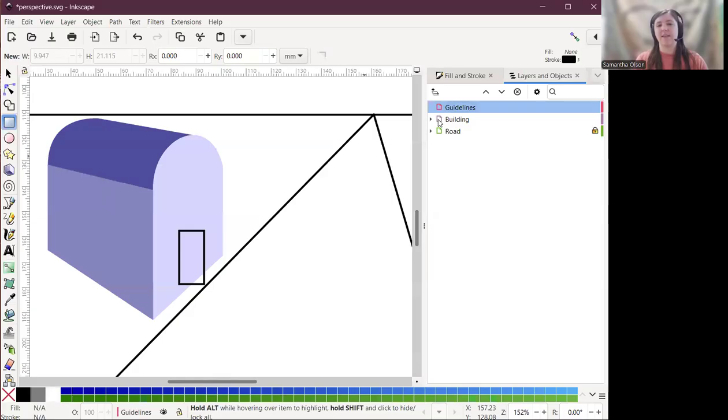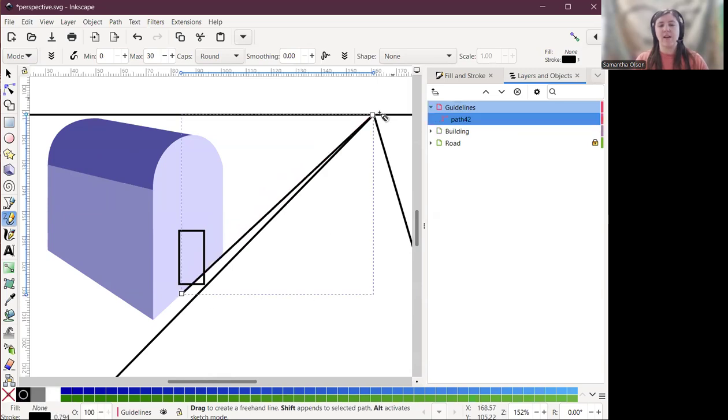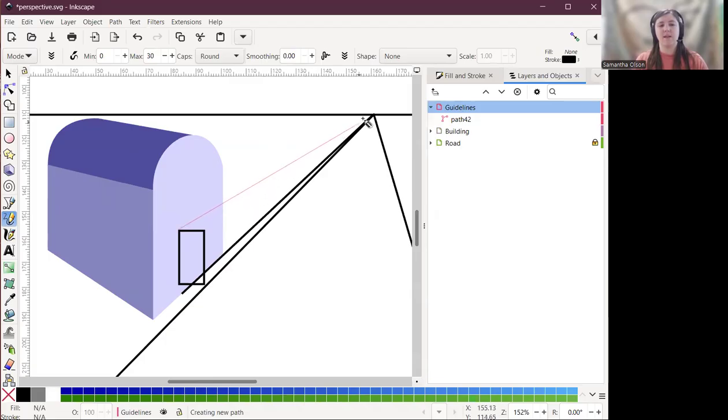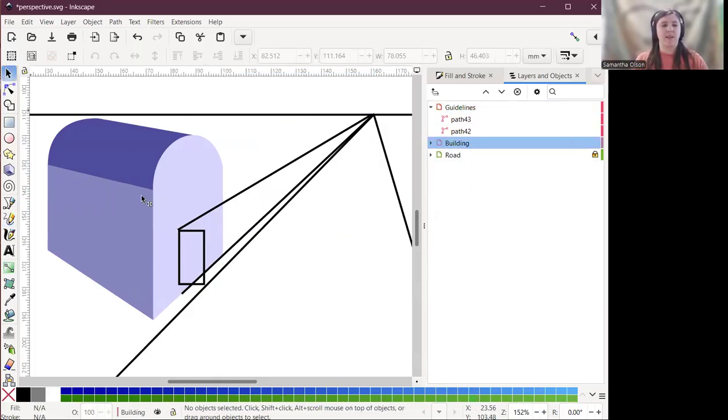but they will help us to determine how to fix this rectangle so it looks right. So on my guidelines layer, I'm going to use my pencil tool to take the corner of the road here, the horizon line where it vanishes, and go along the edge there. And then I'm also going to go from the top of the door back to the horizon line. So these two lines here show me the top and the bottom of the door. I go back to the building